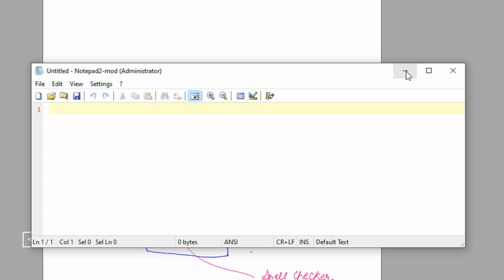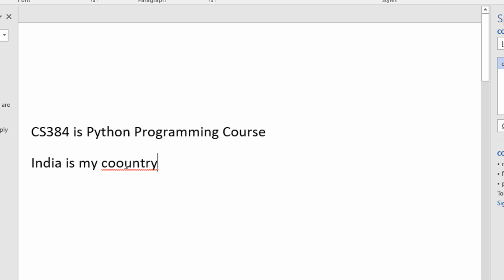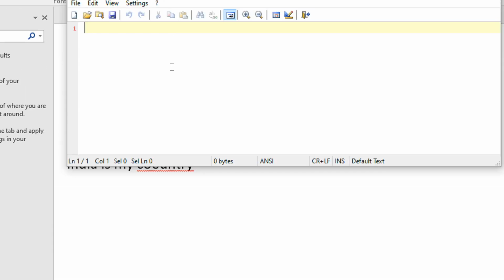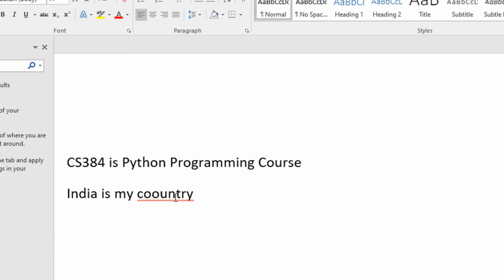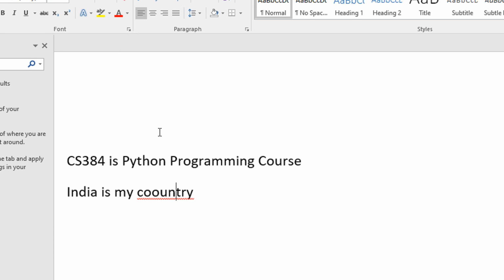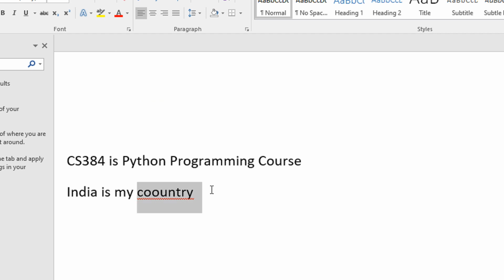But along with every process, there are some linked programs. For example, in Microsoft Word, there is a spell checker that identifies that this is a wrong spelling. Now, just listen carefully: can I use this spell checker in Notepad? No, you cannot use it. If I write a wrong spelling here, country, Notepad does not show me this feature because Notepad does not have a spell checker. I know that Microsoft Word has a spell checker, but I cannot use it with Notepad. Why? Because this spell checker program runs as a thread.